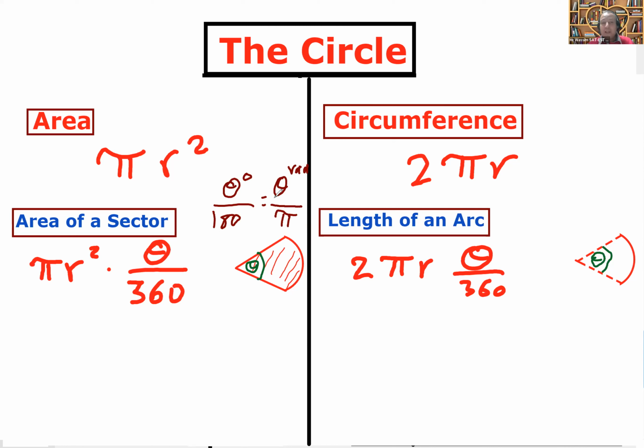Can I make a rule using radians? Yes, you can make a rule using radians. What is the rule for here and here? I'm going to explain one of them, how to derive it, and you can try the other at home. But you don't need the derivation, you can just memorize. The area of sector and the length of arc using radians here. Length of the arc